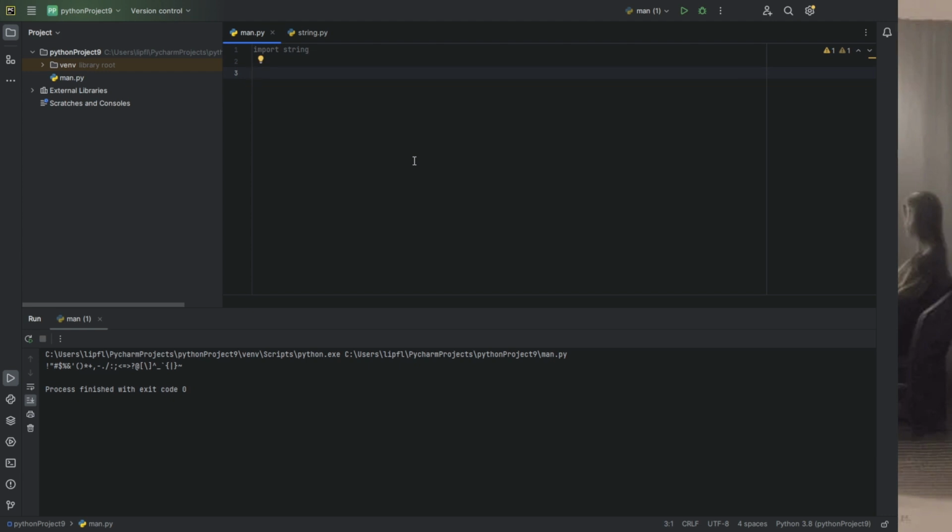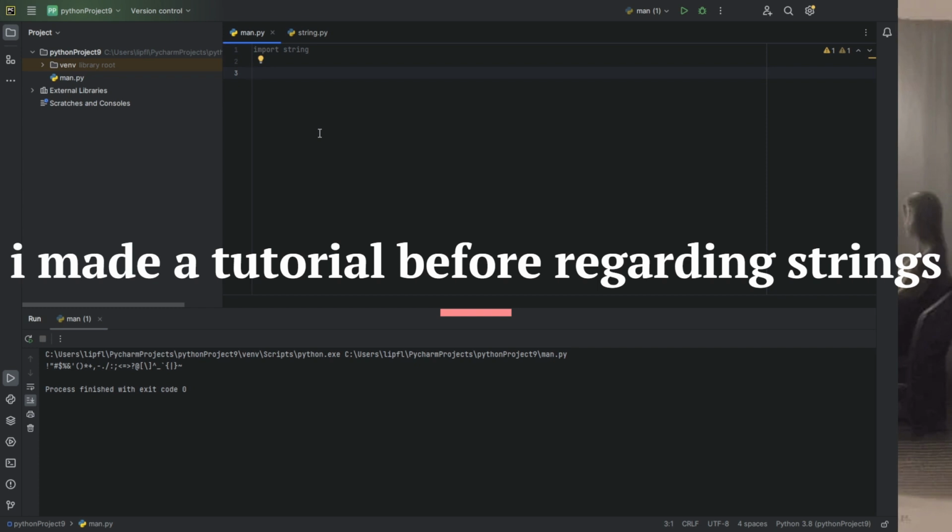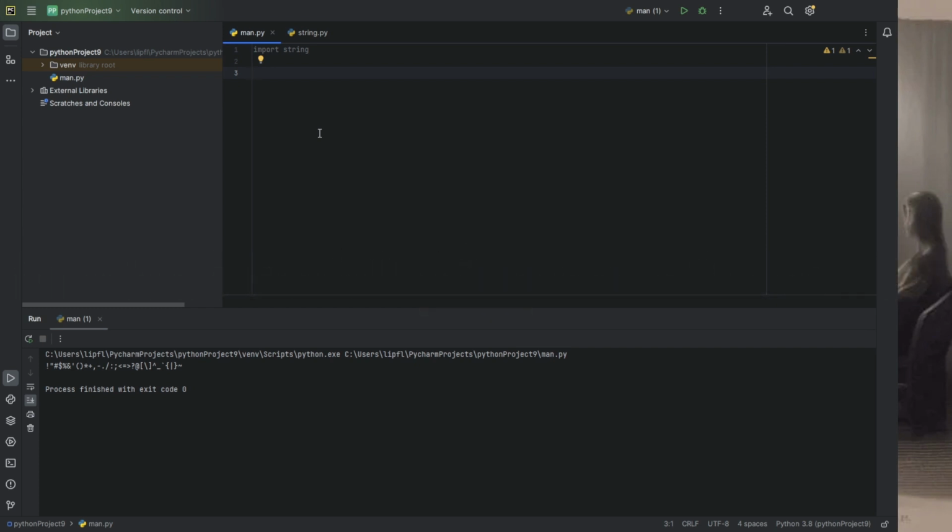This video is not about strings in general, but just about the string library and what it adds to our possibilities to handle strings and stuff containing strings. So what is a string library? Usually the string library is used to get access to lists of characters. For example, with our string library we can print string.digits,